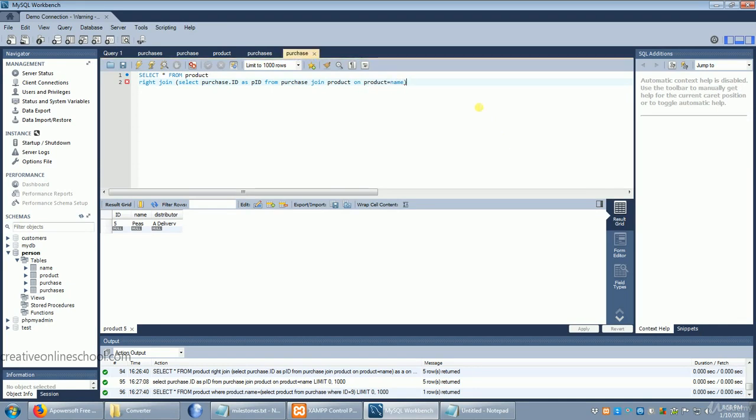Now we're going to give the result of this a name so that we can use it as a table. For now, we'll just call it A, and we'll say as A. Now this happens just like a table would. So we're still in the middle of our join. We now have to say what we're joining on. So we say on